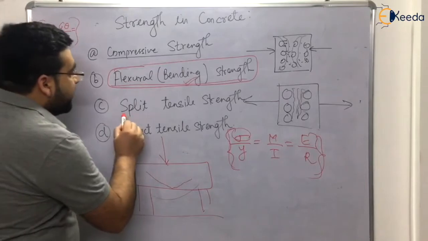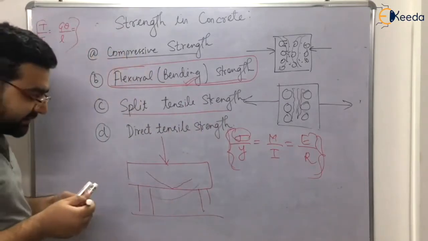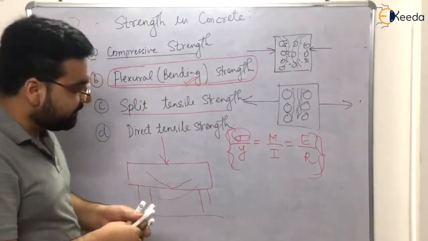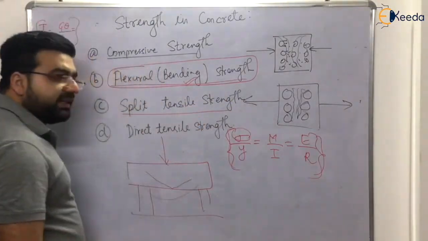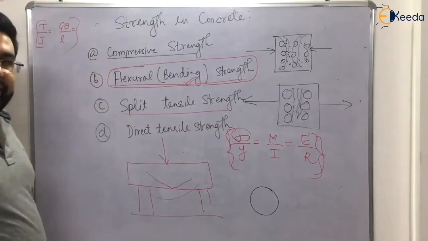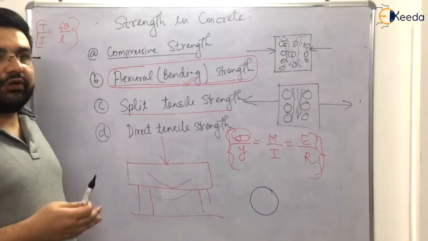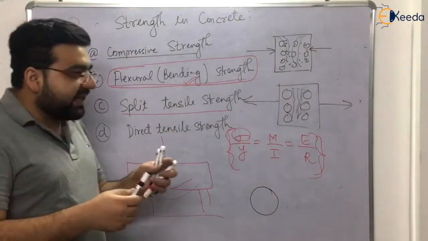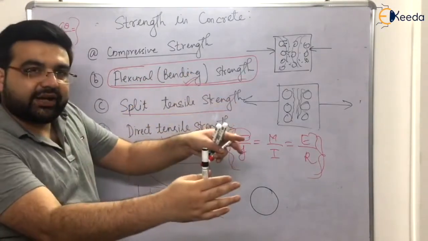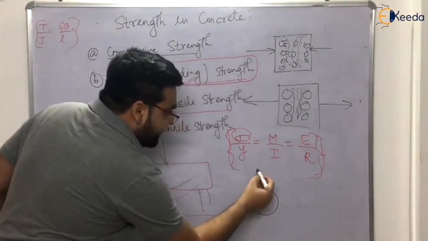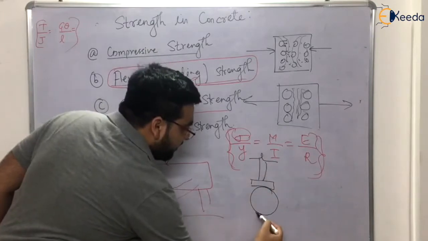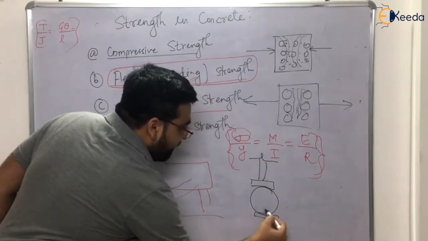The third thing is the split tensile strength. Now, what is the split tensile strength? Split means getting broken into two parts, right? Splitting. For split tensile strength, you have a cylinder. I told you that in foreign countries, they test cylinders instead of cubes. Now, how to measure split tensile strength? You place the cylinder on its side like this. These are the jaws of the universal testing machine, and you apply loading.